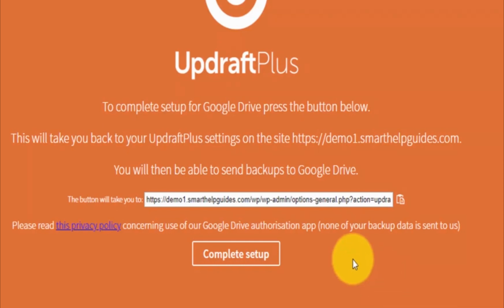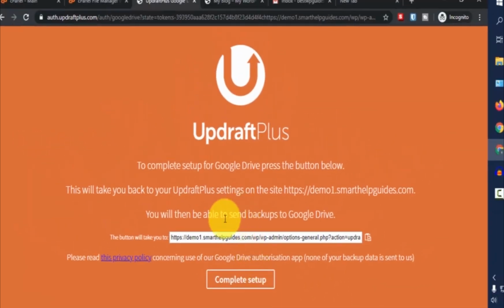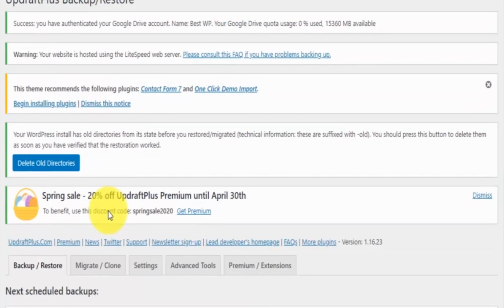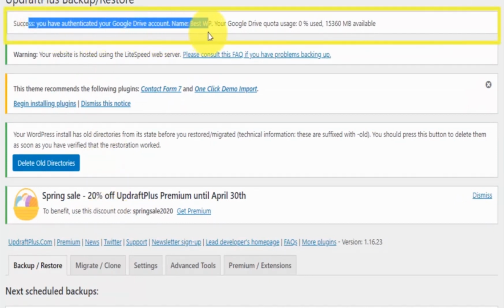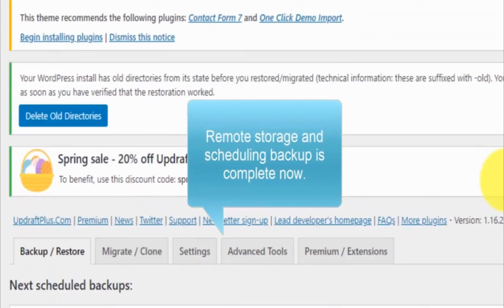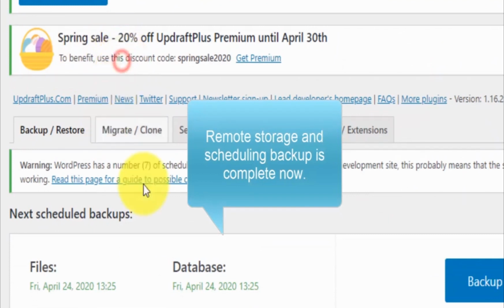Then click complete setup. They are showing this message. Click on complete setup. So our cloud storage setup is ready. They are showing a success message here. So remote storage is set up.